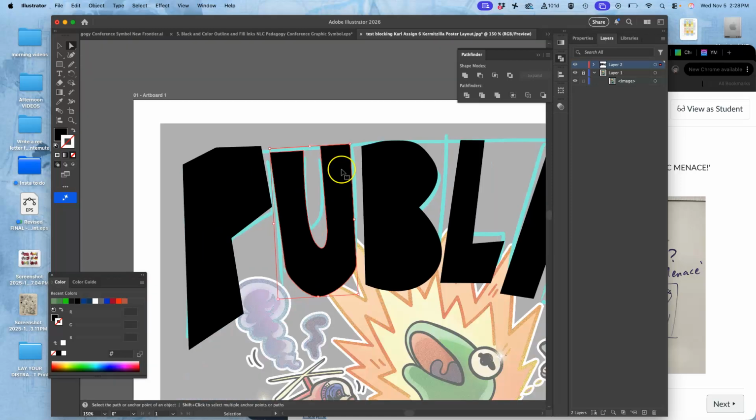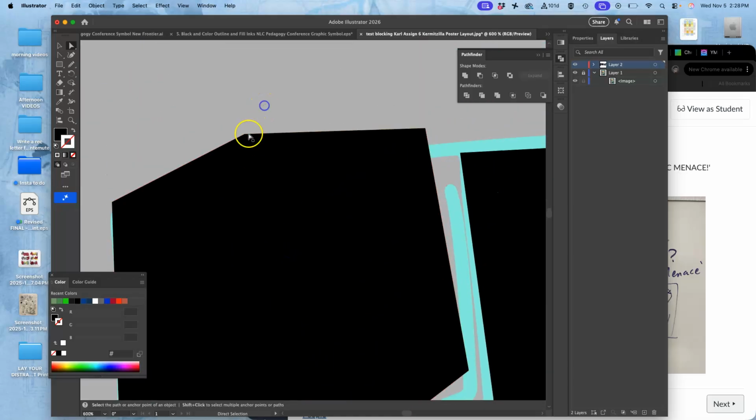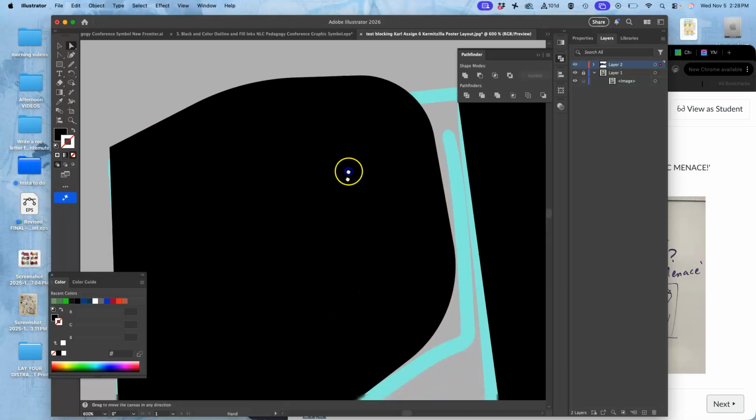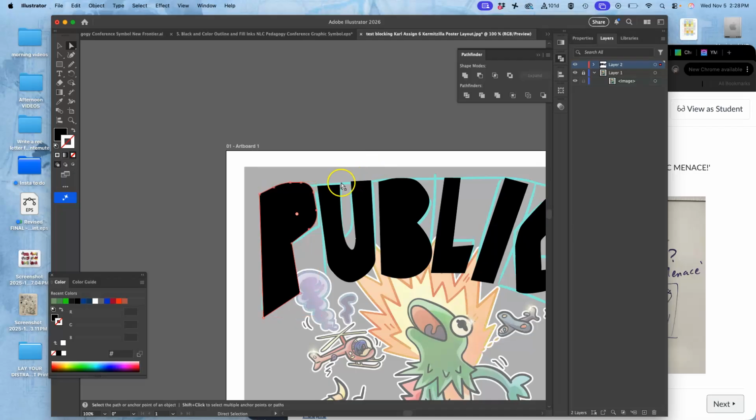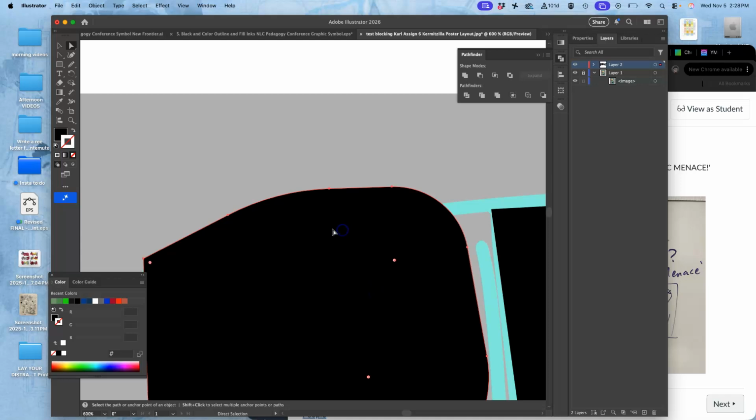Okay. And then what about the P? Same thing. I'm just going to use the rounding tool to soften a little bit these edges. First you have to click off, then you click back on. And then I don't love that top arc of the P, so I'm just going to select it. Then I'm going to use the pencil tool to redraw it. Now I'm going to do menace in a different way,